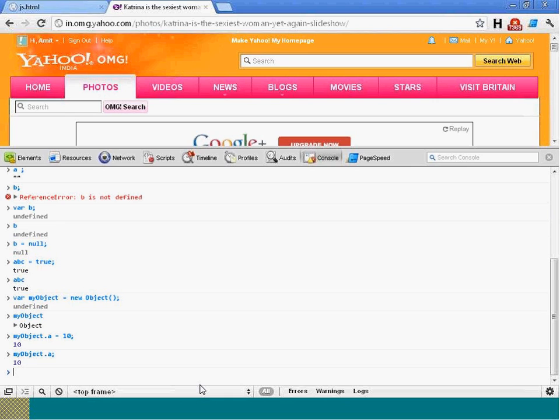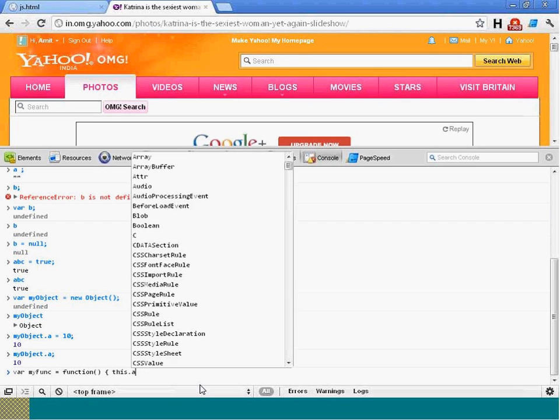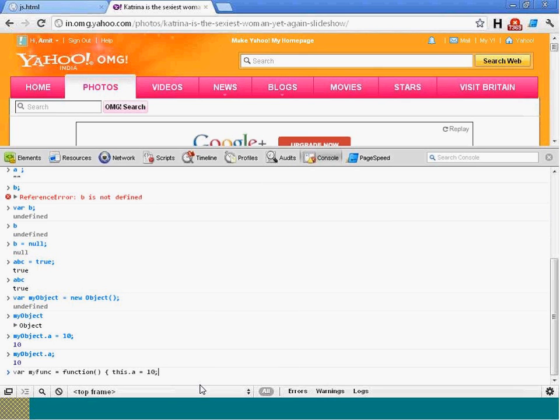So, function. Use function, this is a function for example, and you can say this dot